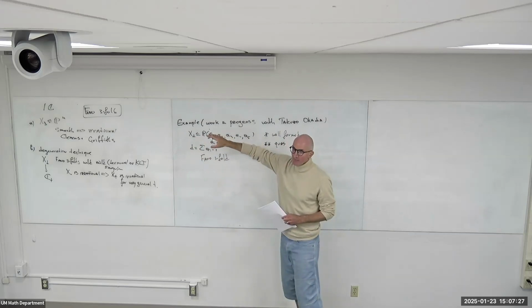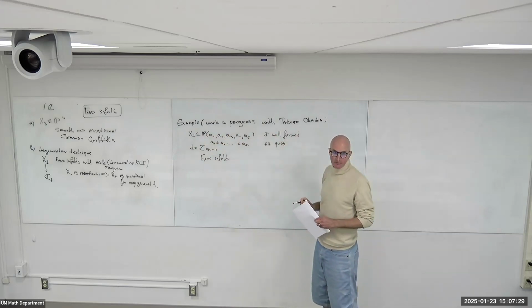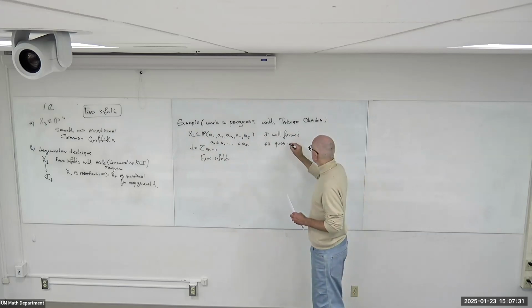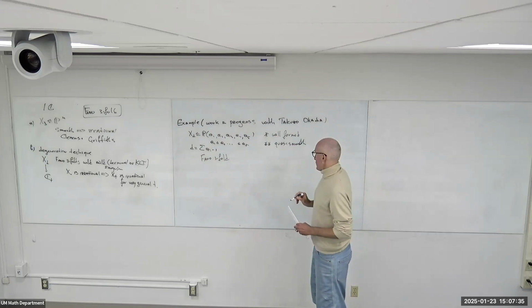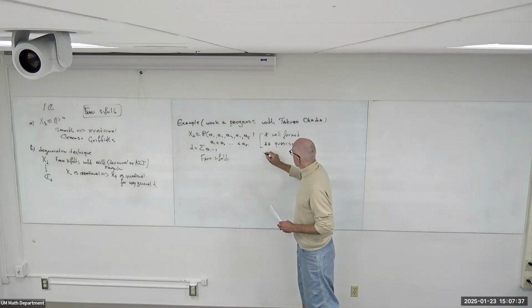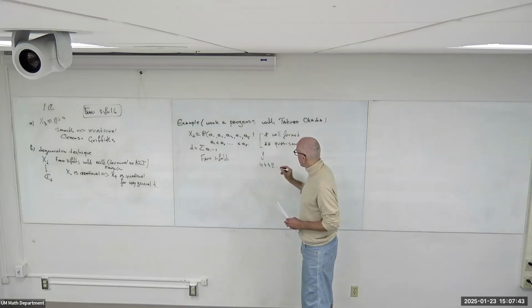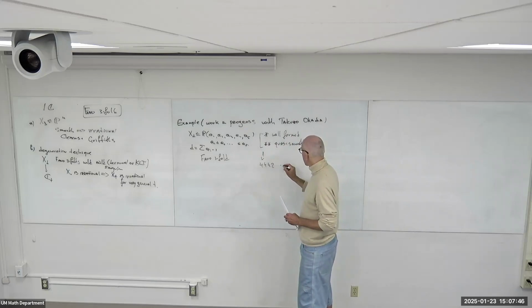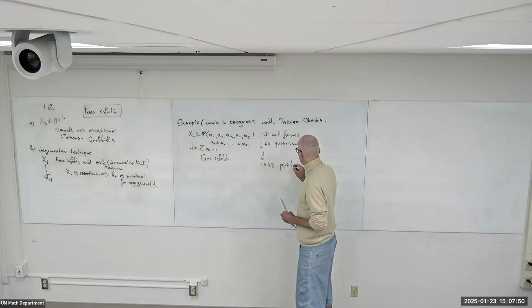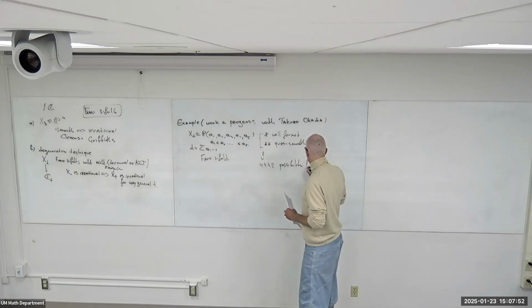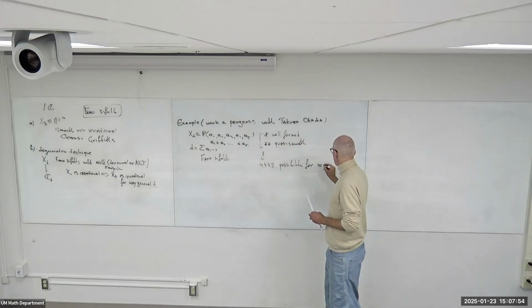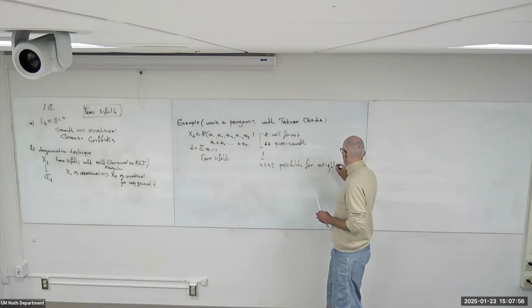It means that if you take the affine equation of the cone, it's smooth away from the origin. Then these two conditions imply that you have 4,442 sporadic possibilities for the weights,